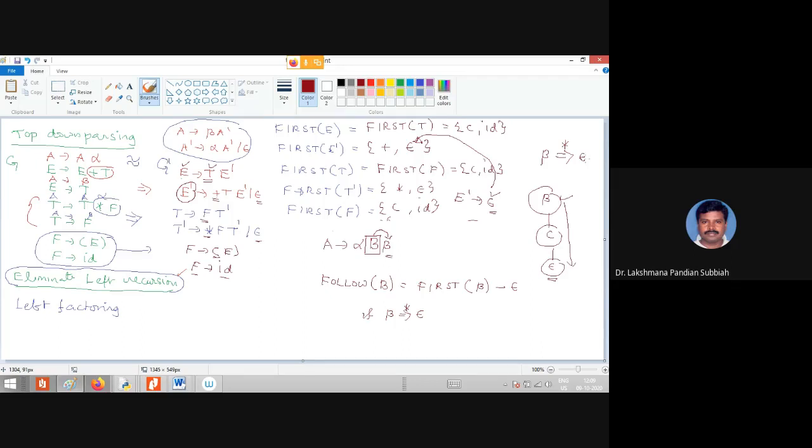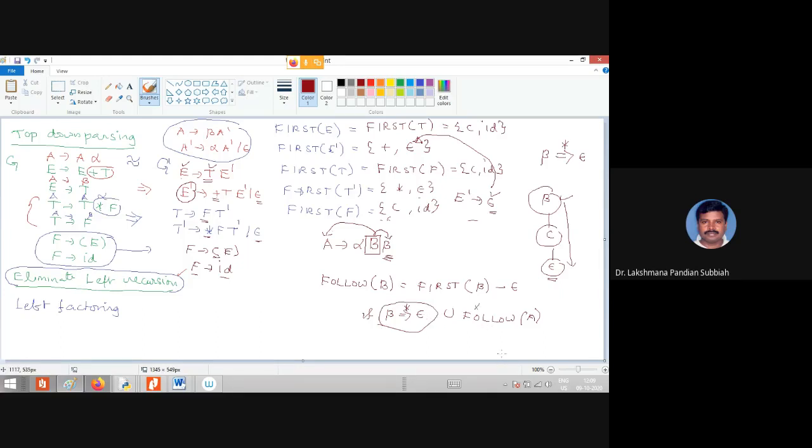If beta eventually tends to empty, what do you mean by that? As this beta is not there, then follow of B is nothing but follow of A. So you have to union follow of A also. If this is not there, no need to include this one, right?